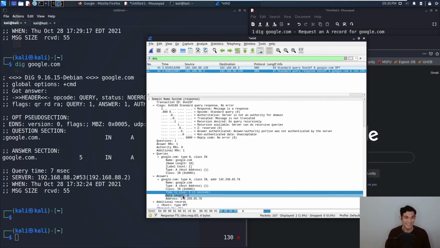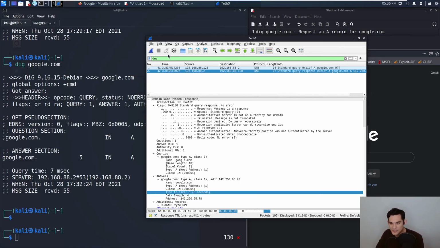If this information were like a day, 24 hours, for example, then the DNS resolver would only make that request once per day. And so it looks like Google here is choosing to have a very, very short time to live so that they have a lot of control on updating their records really quickly. But the downside is that they're probably getting way more requests than if they had configured it to be 24 hours, for example. Because if it were 24 hours, then each resolver would only reach out to them once in a 24-hour period. They would get way less traffic. But that's the way that they chose to implement it.